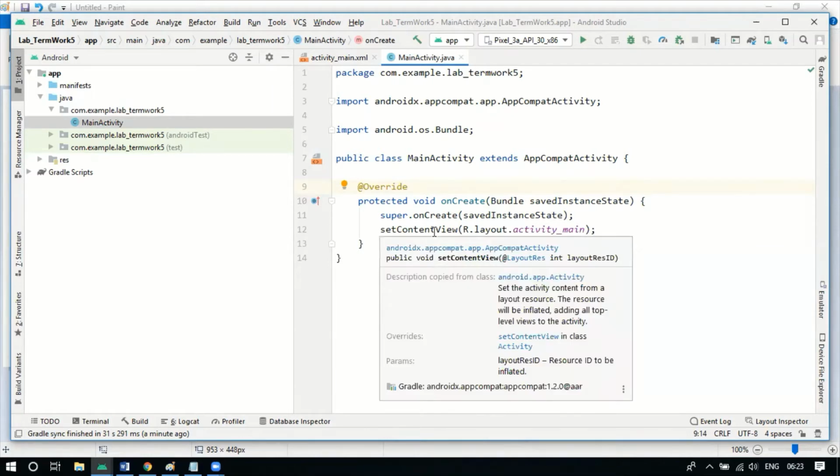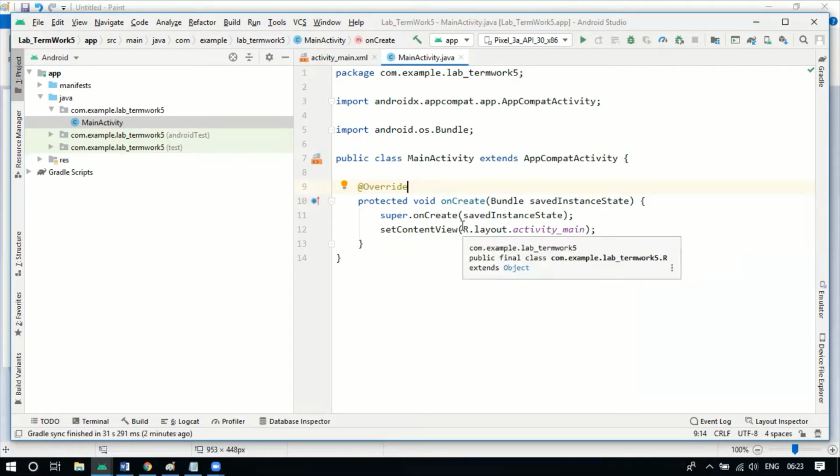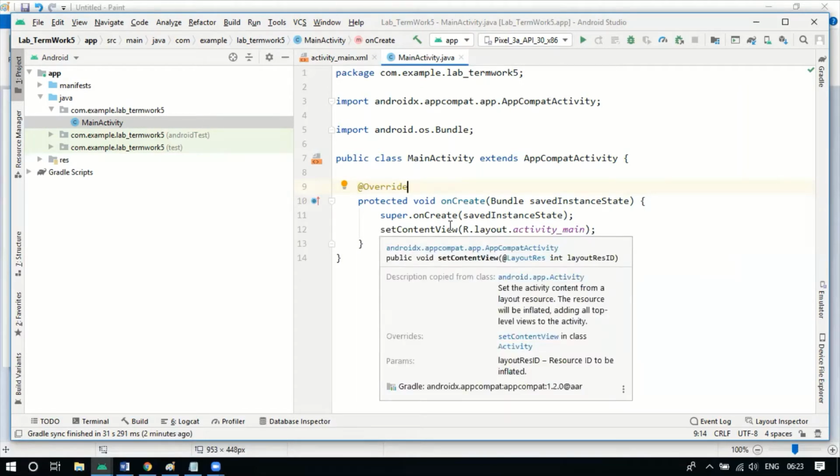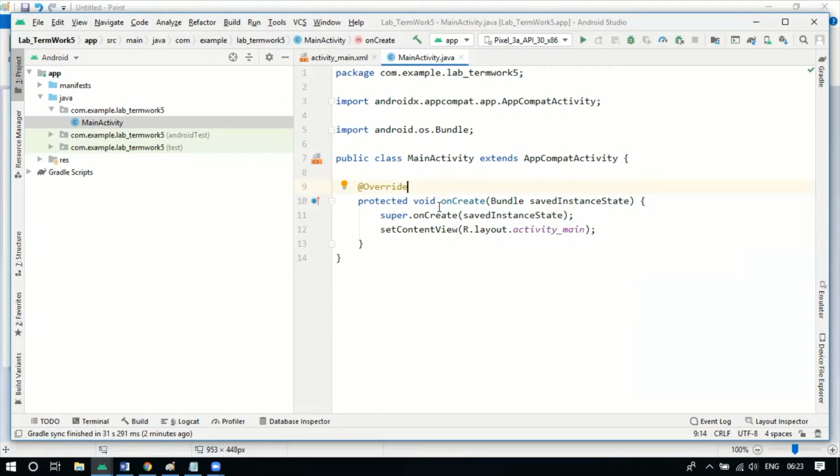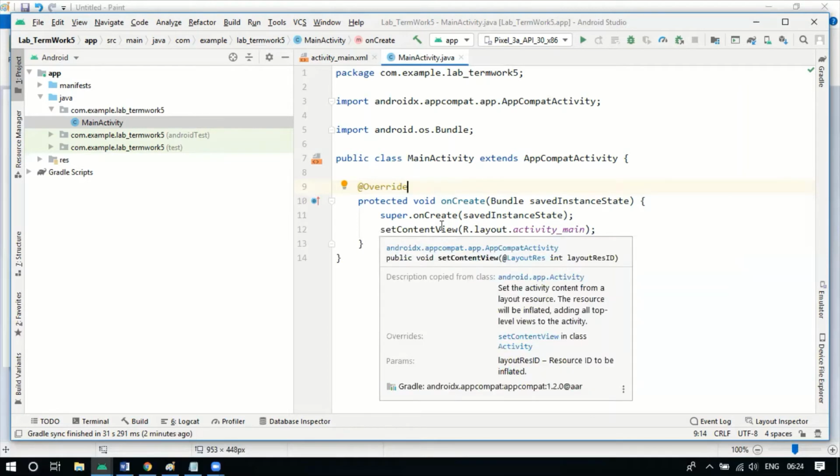And this setContentView is used for defining the UI, or declaring the user interface. You are telling it that whenever the activity is loaded, or when you launch the application, from this current activity I should start.